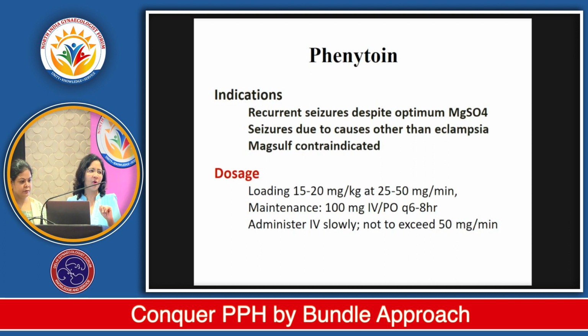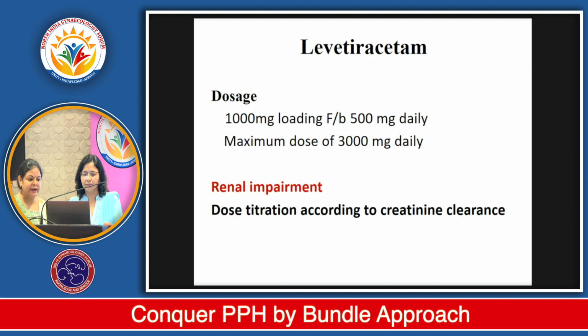as we have already talked about the other drugs which can be used. So just to see what are the doses of these medicines which we can use other than Maxil if we have contraindication, or maybe in pulmonary edema you don't want to start magnesium sulfate. So here we have two drugs, phenytoin and levetiracetam. Phenytoin, the indications, as you can see, are recurrent seizures or magnesium contraindications or seizures which are not getting